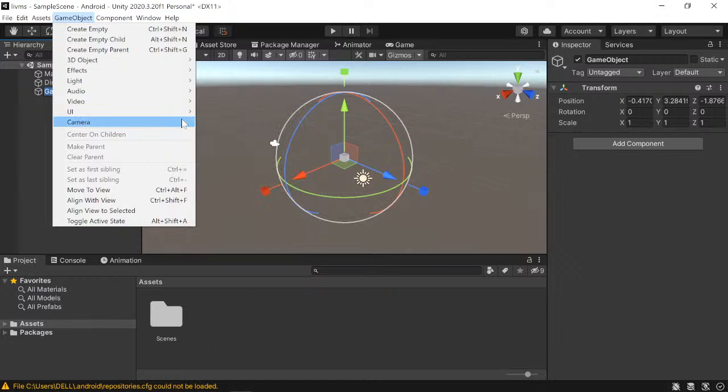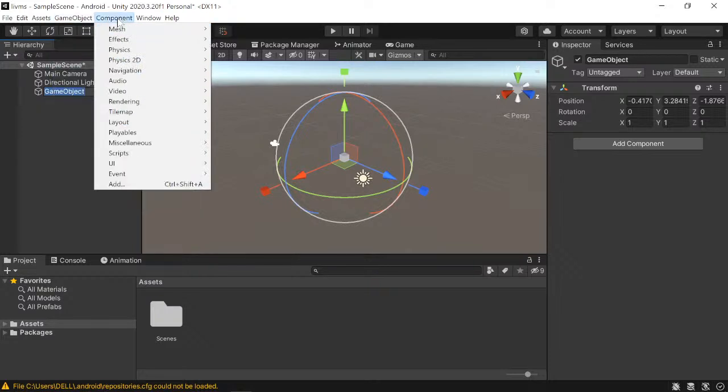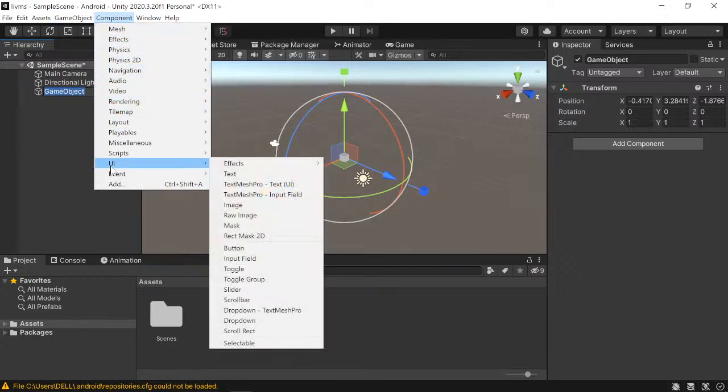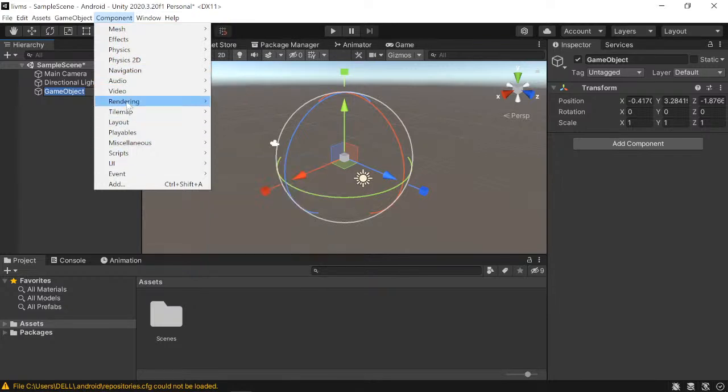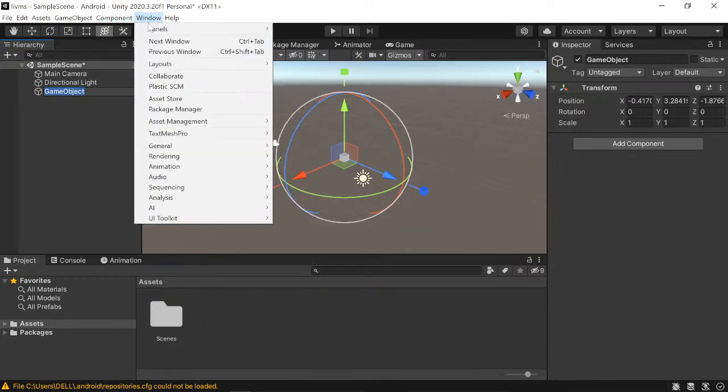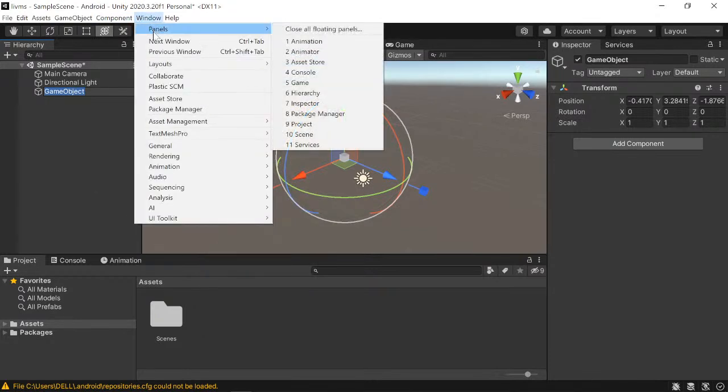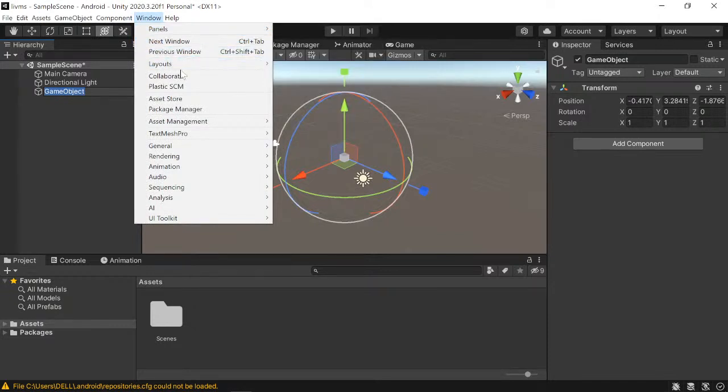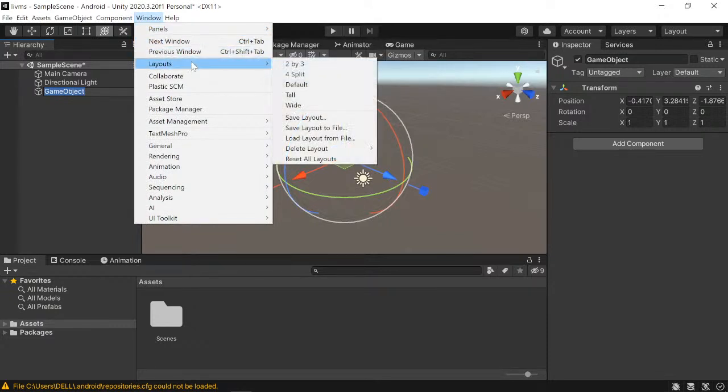Then camera, it is nothing but the main camera, whatever we are currently using. Move the view, align the view, toggle, activate. Component: the same components which are required for all the UIs. It depends upon the project we are working on, so for that we will be using this kind of components. Then window, creating the panels. Then next window, previous window, distributing the layouts,